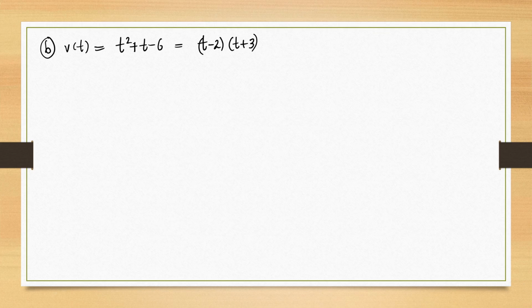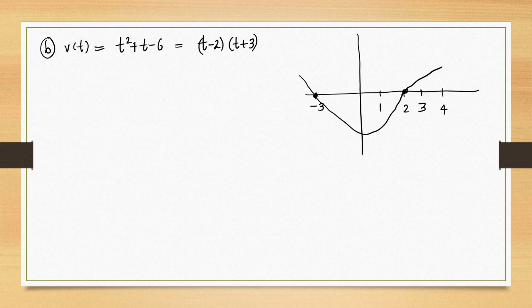Let us plot the graph of v of t. It might look like this. It has exactly two roots, one at 2 and one at minus 3. Therefore, the graph of v of t touches the horizontal axis exactly at these two points. At no other point will the graph of v of t touch the horizontal axis. Now our interval of integration is closed interval 1, 4, and our integrand is mod v of t dt. Therefore, we want to know which sign v of t has in this interval.